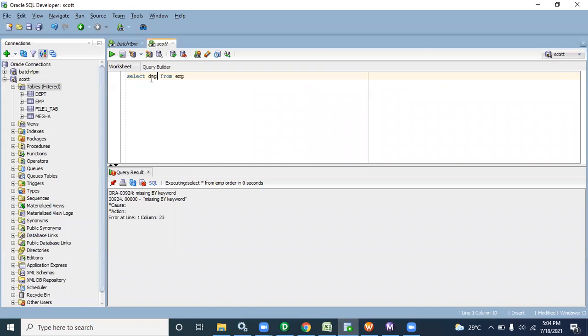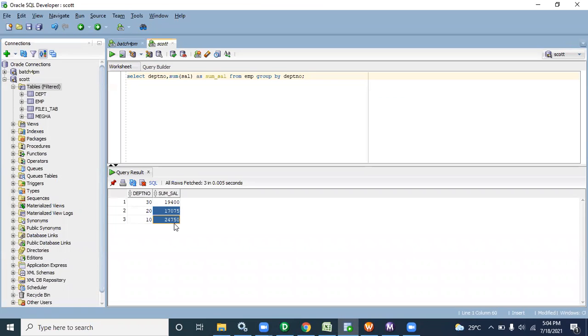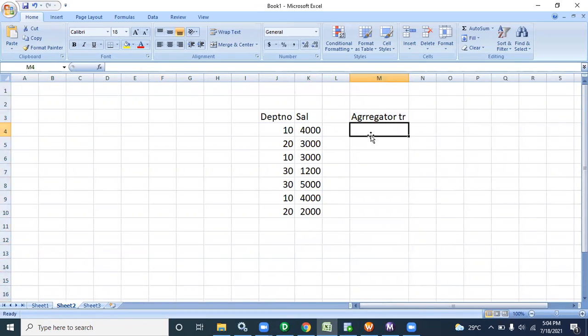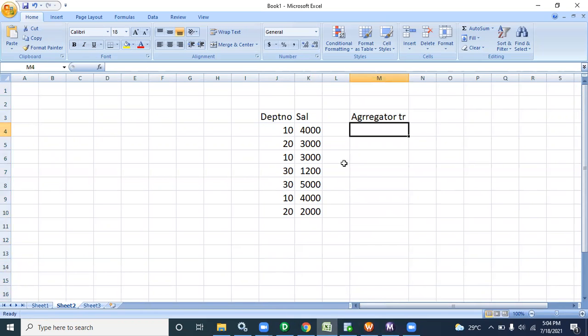Select department, comma, sum of sal as sum sal, group by department number. Yesterday we discussed this, right? In this manner it will give you the output. How does it work internally? Internally, in memory, because we see only the output; we don't know how it's working internally.